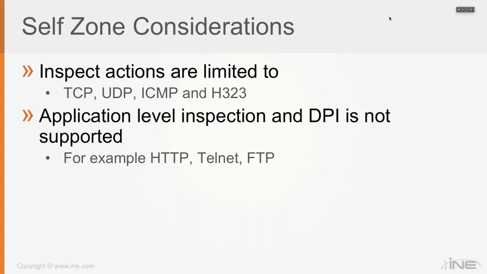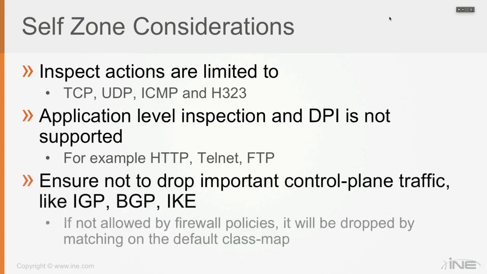So the only thing you have to make sure with the self zone is that with your configuration you do not drop important control plane traffic like IGP, BGP or IKE. If you configure firewall policies from the self zone or to the self zone and you don't allow traffic to work back and forth, it is going to be dropped by matching on the default class map,